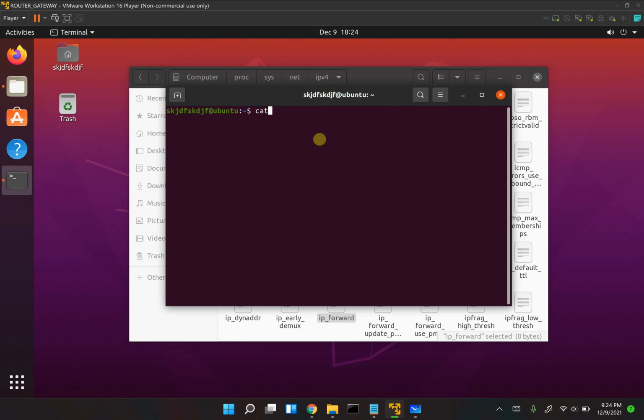Let's print out the value of that IP forward file to the screen. Let's do /proc/sys/net/ipv4/ip_forward. So as you can see, the value of my file is 1. Your value is going to be 0. So in order to change that,